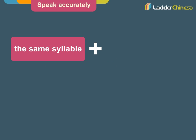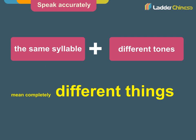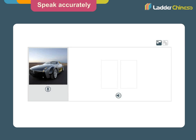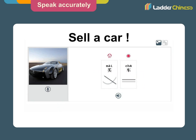Tones are critical because the same syllable with different tones could mean completely different things. However, tone is difficult because most learners cannot even tell the difference. For this example, the correct pronunciation is 买车, learners might pronounce wrong like 卖车. After learners practice, the system draws